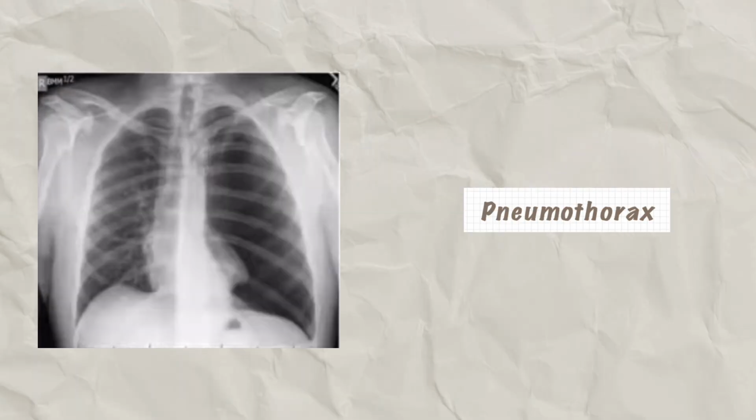On this chest X-ray, one hemithorax shows an area of increased radiolucency. A thin, sharp visceral pleural line is visible, beyond which no lung markings can be seen. The lung on the affected side appears collapsed medially. In a large pneumothorax, there may be depression of the hemidiaphragm and mediastinal shift to the opposite side, suggesting a tension component. The opposite lung field appears normal. Overall, these radiological findings are consistent with pneumothorax.